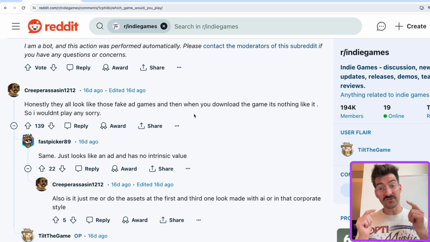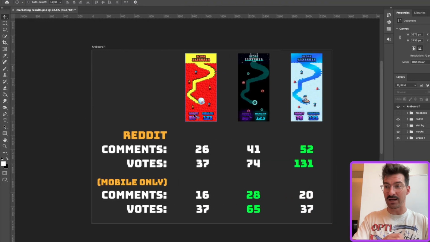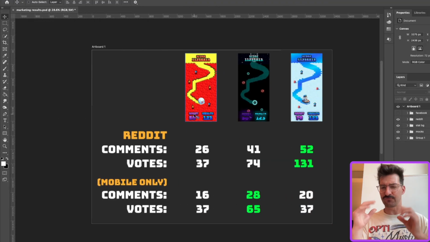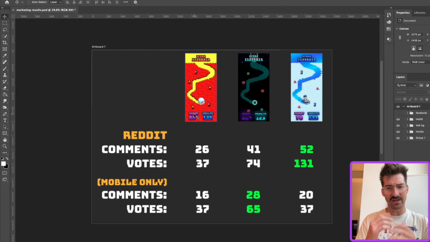We also want to note this only came out of the Indie Games Reddit. The iOS gaming and the Android gaming did not have comments about the design of the ads or the appearance of our mock-ups, which led us to want to see what the breakdown is without those communities. If we just focus on the mobile communities, what are they saying? And actually, our results change a bit.